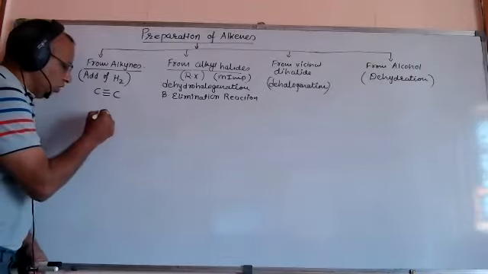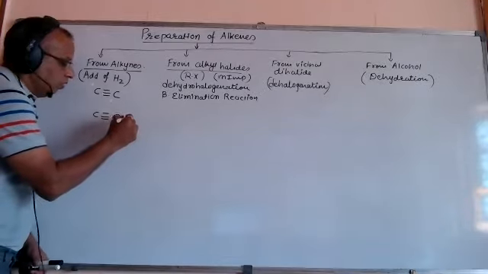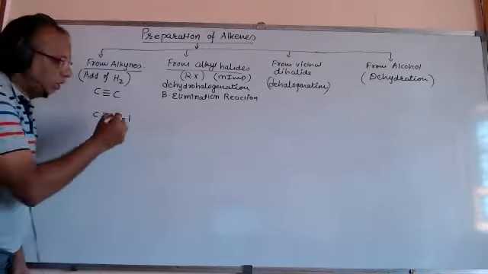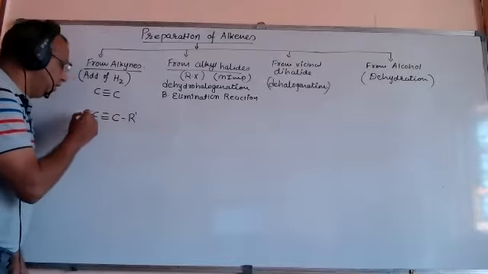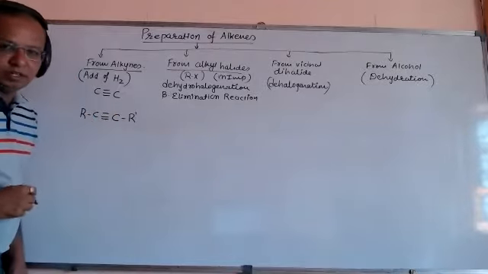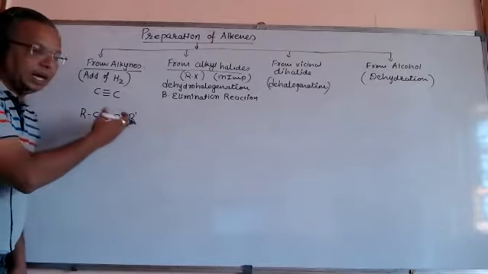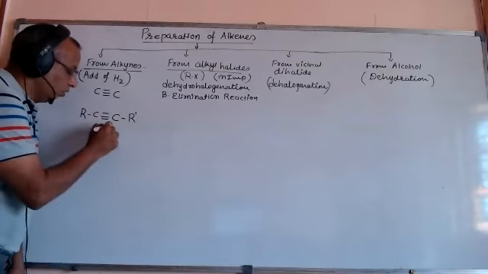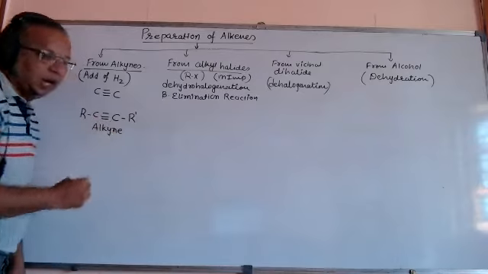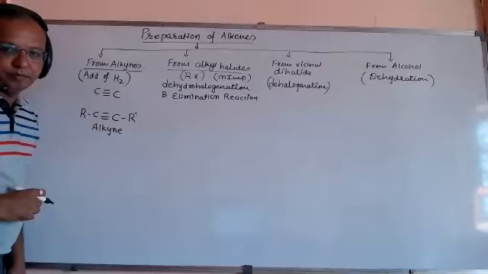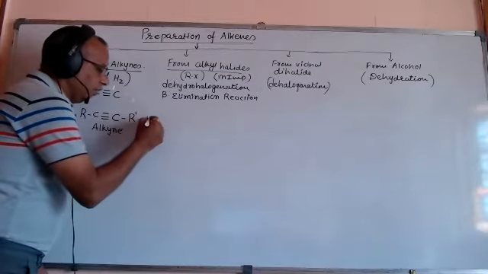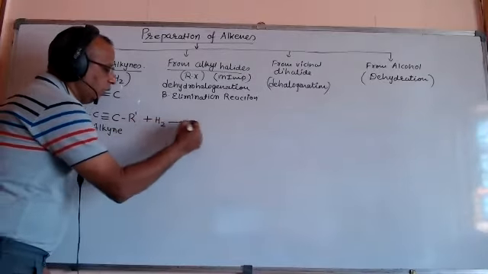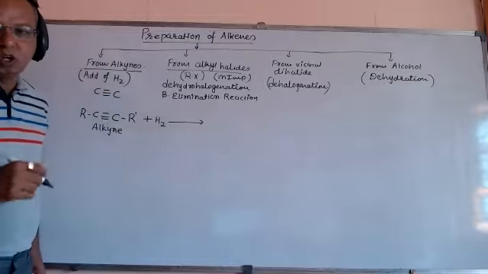So this is C triple bond C. For example, here one R and one R is here. We can take R and R dash. And friends, this is the common formula of alkyne. In alkyne, friends, when we add hydrogen in presence of